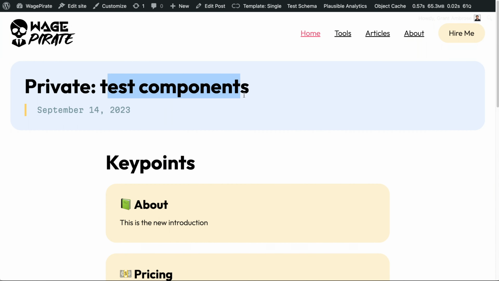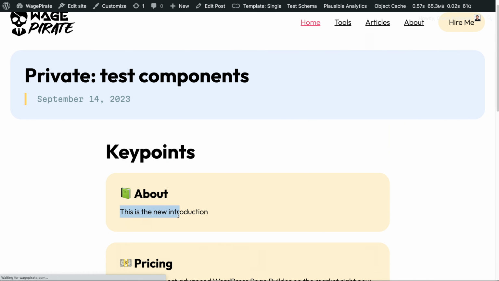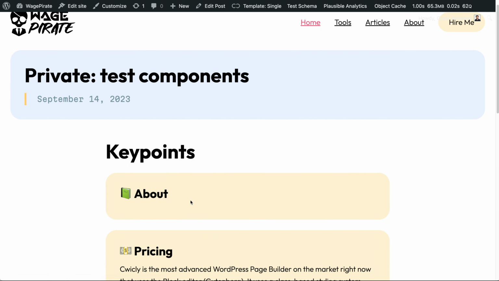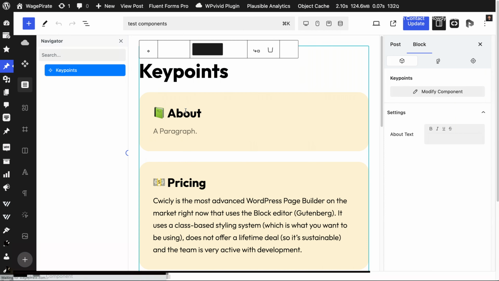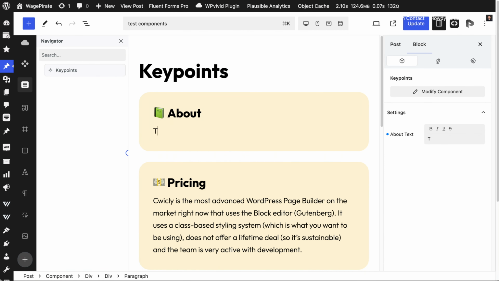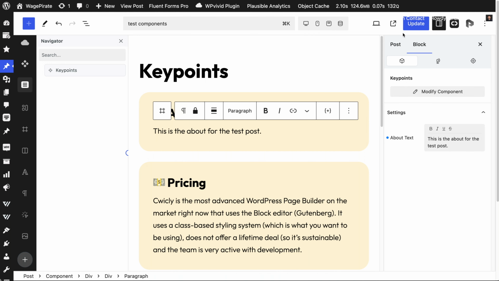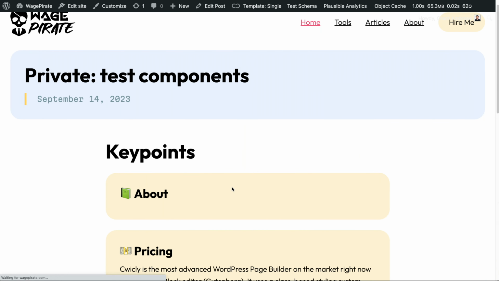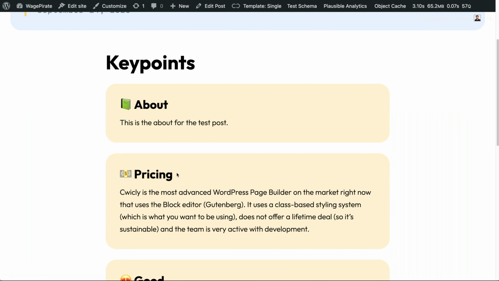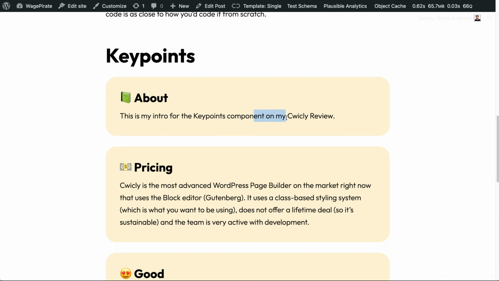But if I go back to my test component and I reload here, that didn't get output on the page here. But if I edit this post, and then for this instance, I write something else, this is the about for the test post, and click update. Now if I reload, this instance of the key point component has this text, and my Cwicly review has different